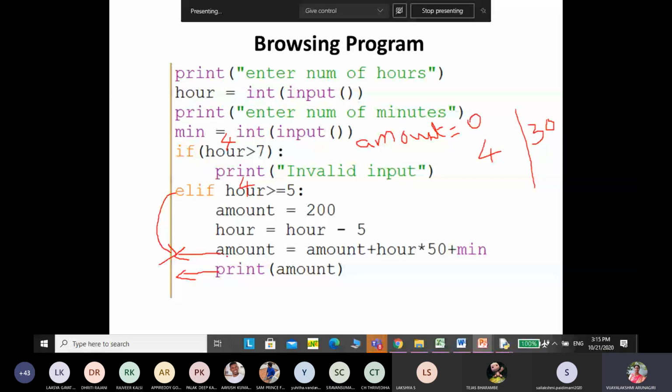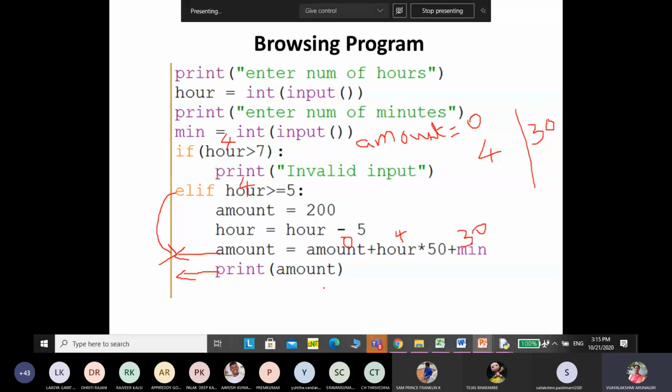So already amount is 0, hours worked is 4, 4 into 50 plus minutes worked is 30. So 4 into 50 will get 200, 200 plus 30, 230, 230 will be printed.